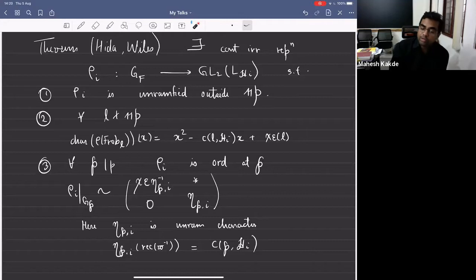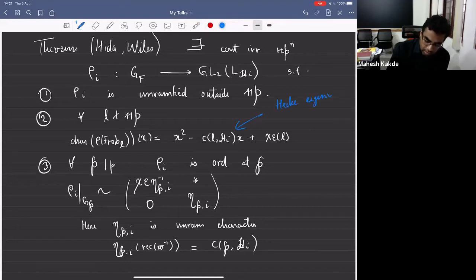And so it's some 2 by 2 matrix, and you can ask what its characteristic polynomial is, because rho of Frob L is not such a well-defined thing. It depends on how you choose this, but the characteristic polynomial is a more canonical thing. So the characteristic polynomial is given explicitly by this. So x squared minus the coefficient of the linear term is the Hecke eigenvalue of the operator TL. Okay, so if you have normalized your thing, then this is